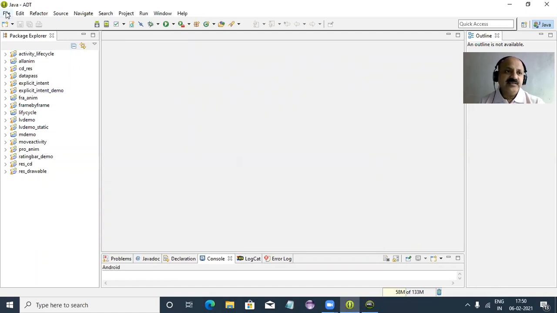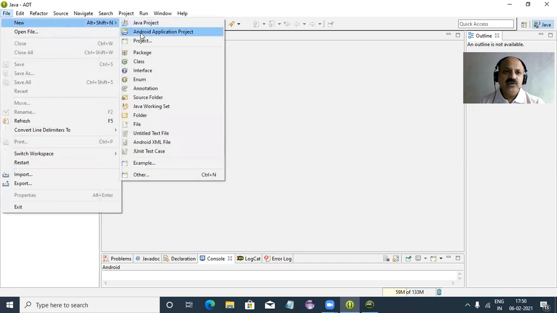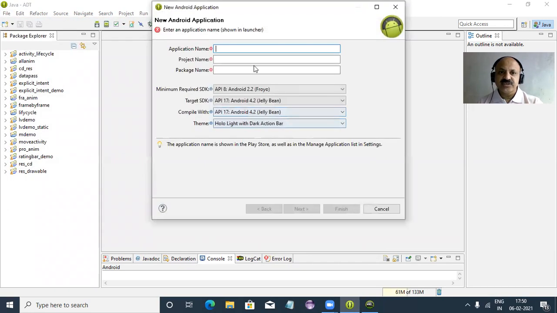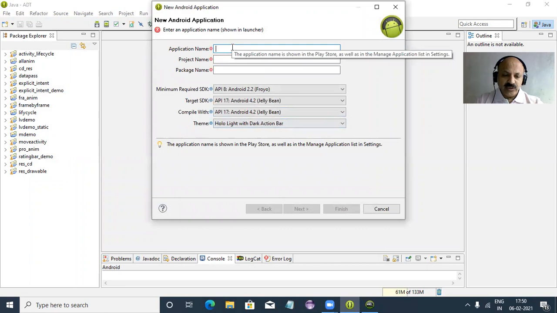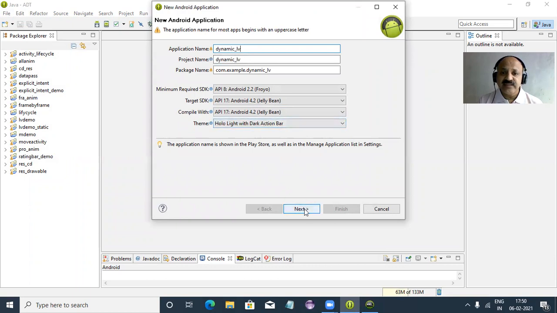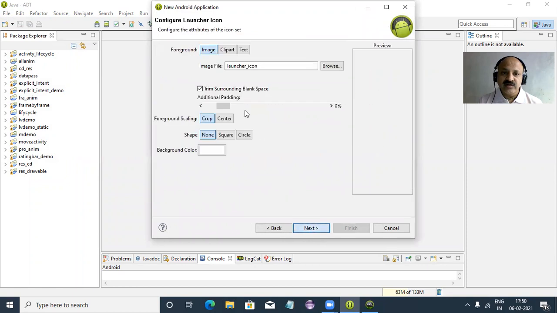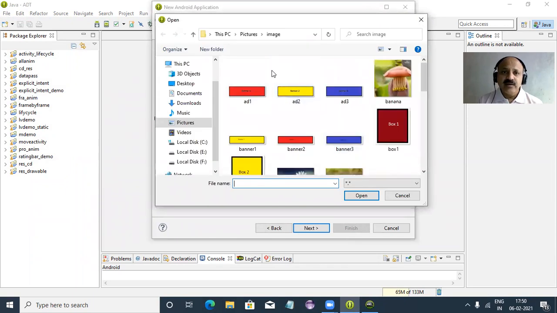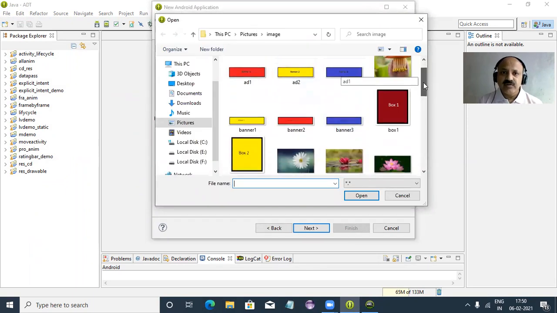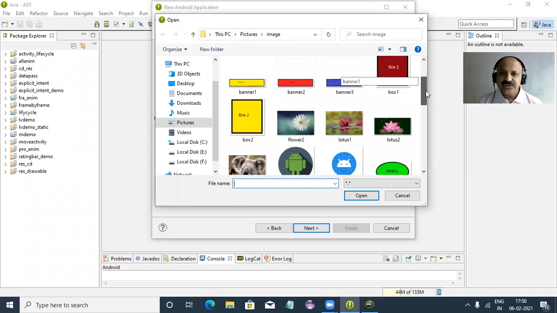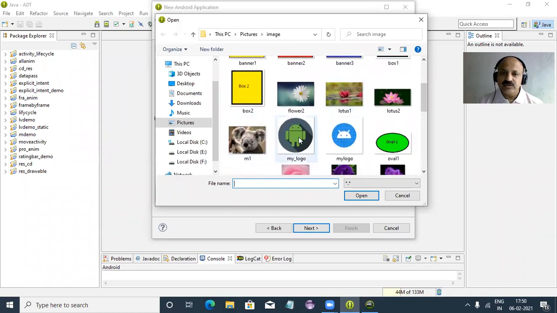Now, second step, in the file menu we can take New Android Application Project, and here we can give a name like dynamic LV list view, so that we can assign the list as dynamic, and our workspace folder is selected. Here we can change the icon. Just browse to the folder and image; I already downloaded two icons.